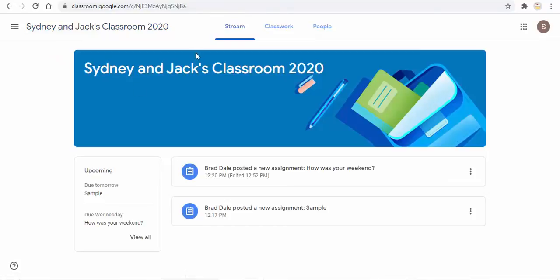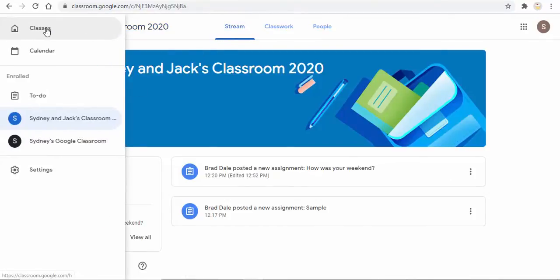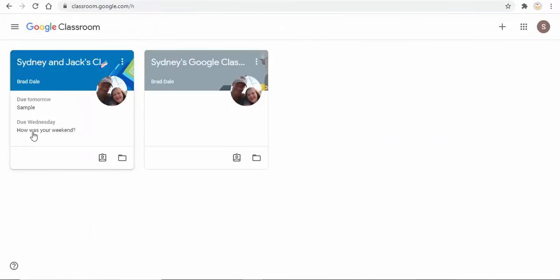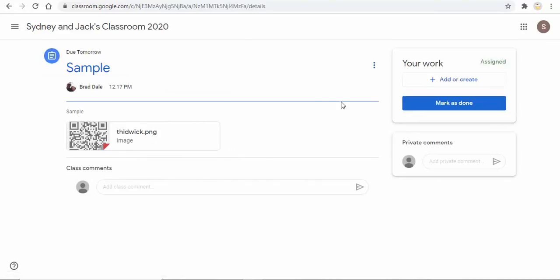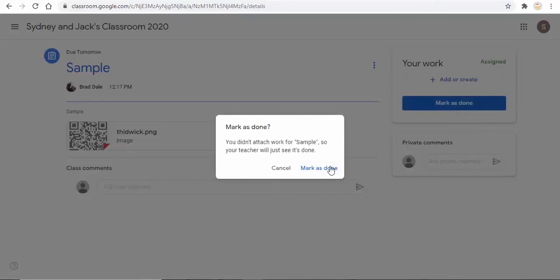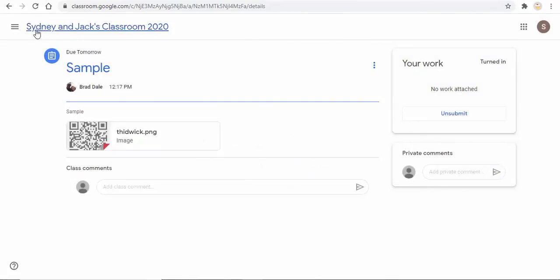Also wanted to show you if the students do go into, as like here, they can see the information that's due. So if they want to go into this one, they can select sample, and then when they're done, they can select mark as done, because when you're finished with it, it's just nice to know that that has then been